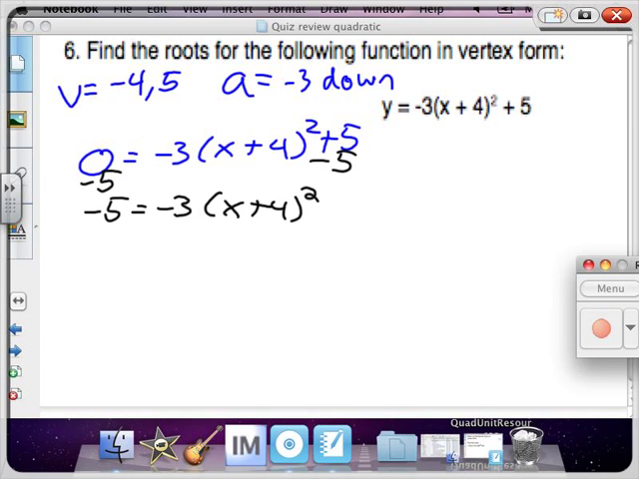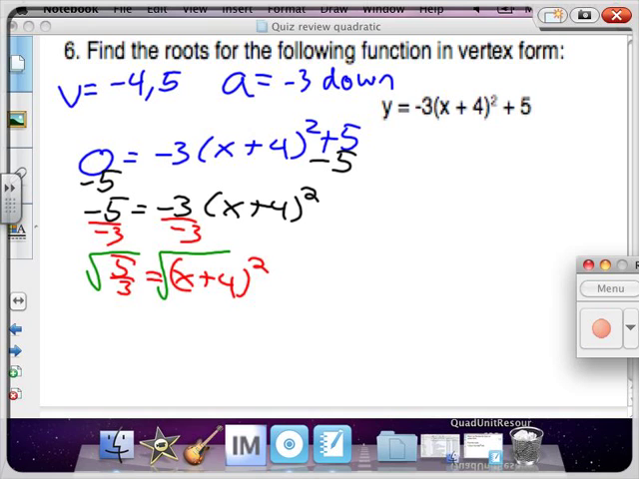Can somebody tell us the 5th step? What do I do next? Divide by negative 3. So I get 5/3, or you can find that as a decimal, equals x plus 4 squared. What is the 6th step? Square root. I get 1.29